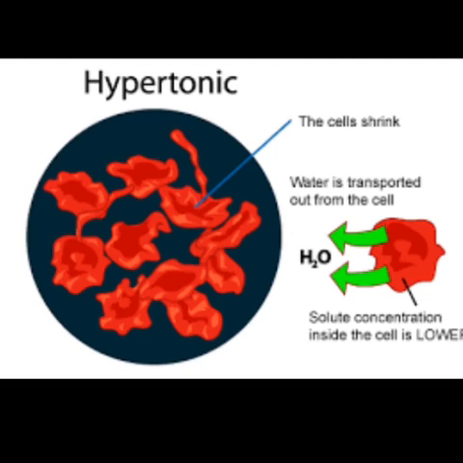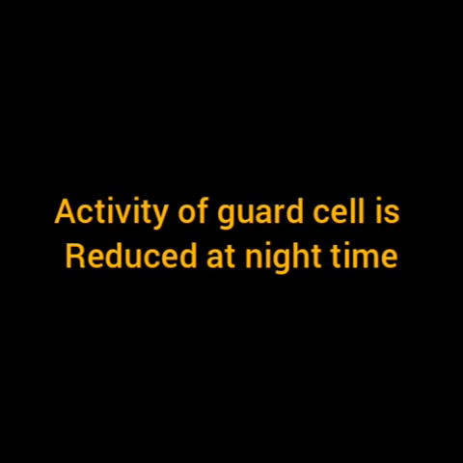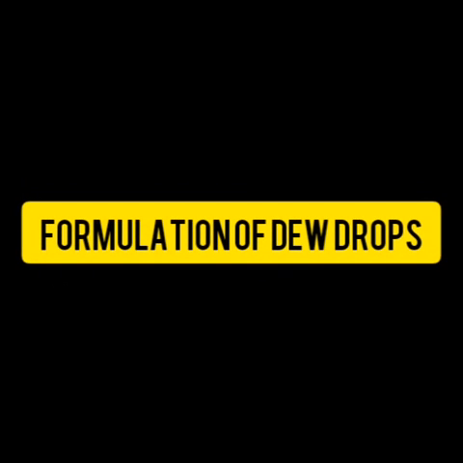The hypotonic solution. Hypotonic solution has relatively less solute. The example is the nighttime situation of a plant cell when the activity of guard cells, which is basically the production of glucose, reduces and the water molecules that are present inside go outward. That is the basic reason behind the formation of dewdrops.